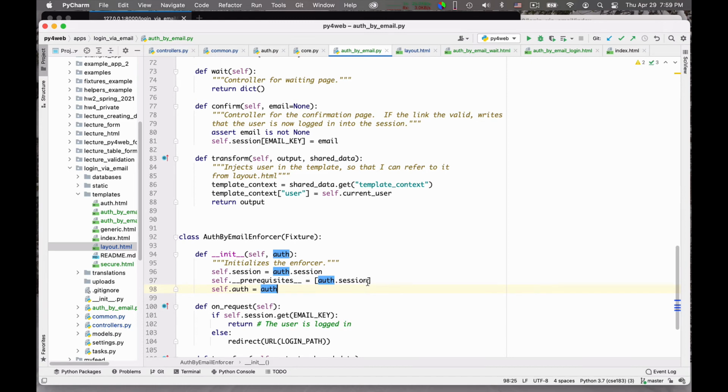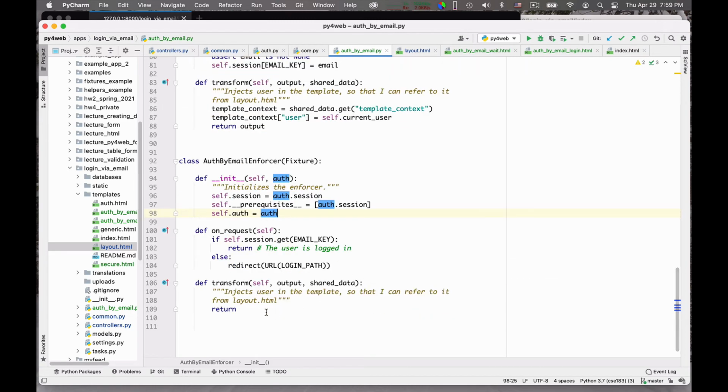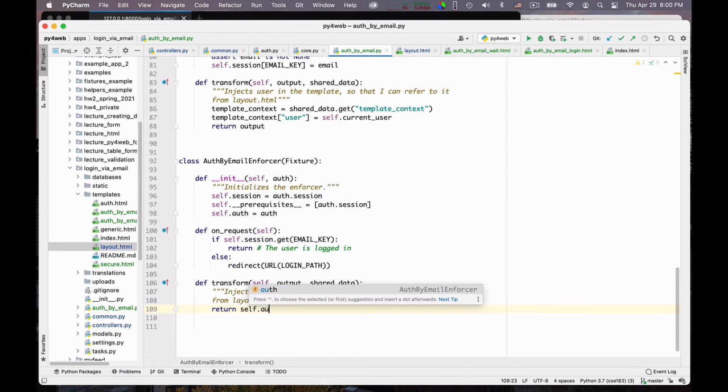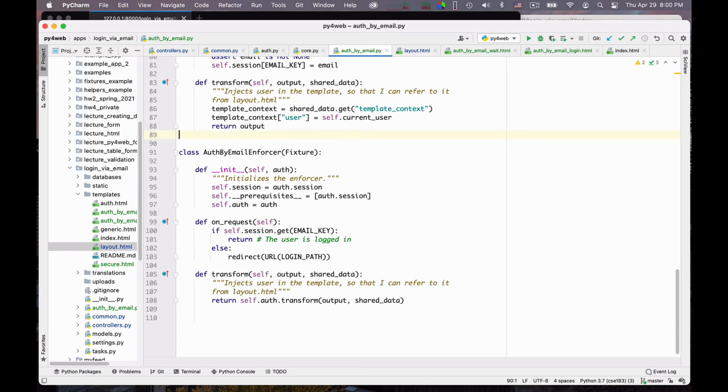Okay, so I remember who created me in a sense, and here I can do return self.auth.transform of output shared data. And so if we are lucky, all this works, and if we are not lucky, we will have a great occasion to do debugging altogether.